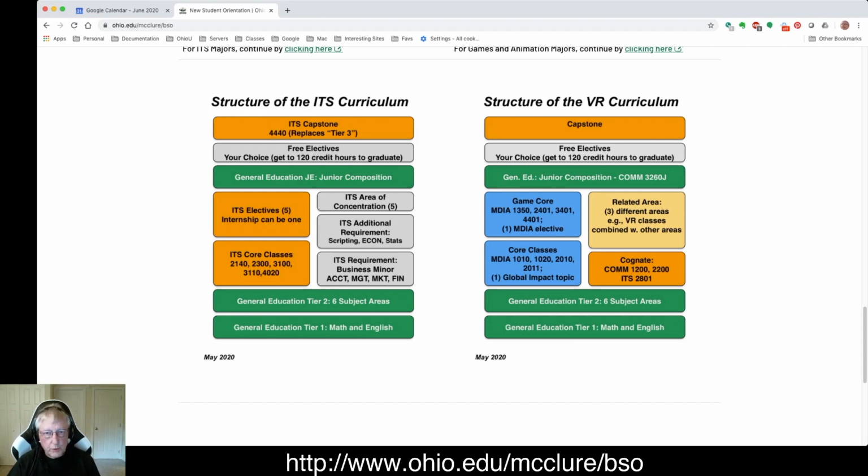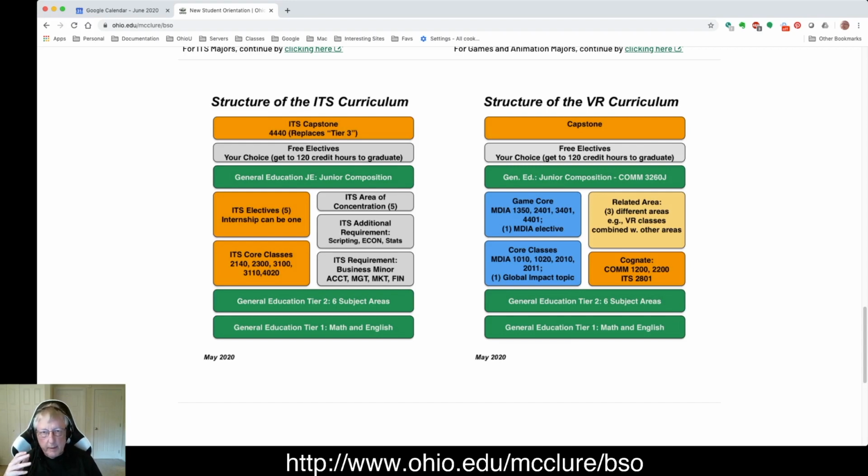But notice that the rest of the degrees have some fairly similar structures, right? So there are some core courses that are required for everybody. There may be some electives built into the core itself. So like in the ITS degree, you can see the 2 sort of orange blocks, one that are the core classes, those you have to take, and then you choose additional electives. And then next to that is a block of classes that are either your choice with advisor approval, or that are prescribed classes but outside of your core courses. So for example, the Information Telecommunication Systems degree requires a business minor,